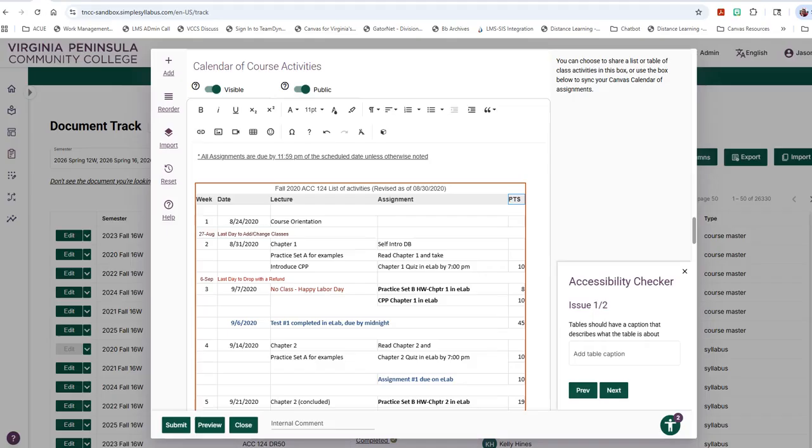In particular, I had made some other corrections on this table, and we tend to use tables in our SimpleSyllabus syllabi to give our students a calendar of activities. In particular, this note here was sitting somewhere in the middle of the table, and my recommendation for such things is to keep that outside of the table, because we need tables to be accessible, and part of the structure